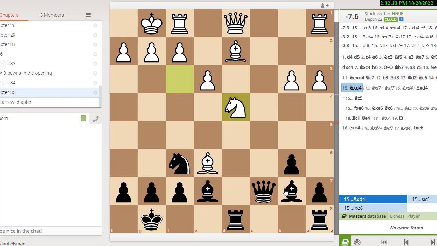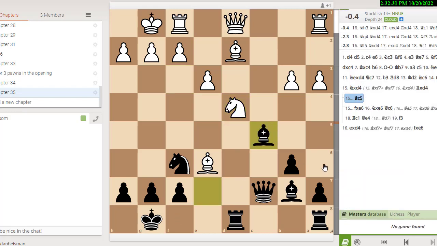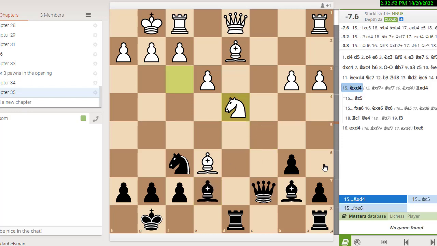And now this is where black played bishop c5. Let's see how good a move it is. Right now it says if black plays perfectly, he's up 7.6. Bishop c5, look at that. By not taking and being spooked out by that fork, he drops from ahead 7 pawns to only ahead by 0.4, which is lower than he was when he started. When black started, he was up by 0.9, and now he's only up by 0.4.